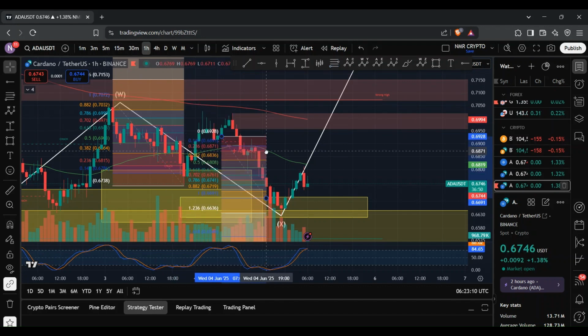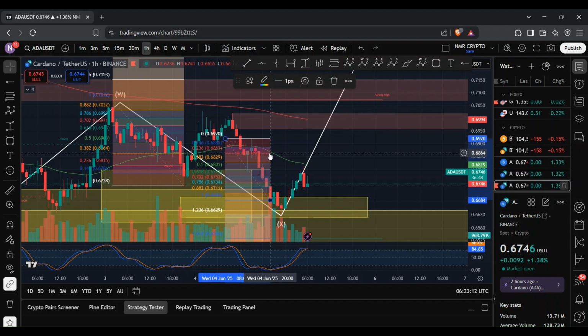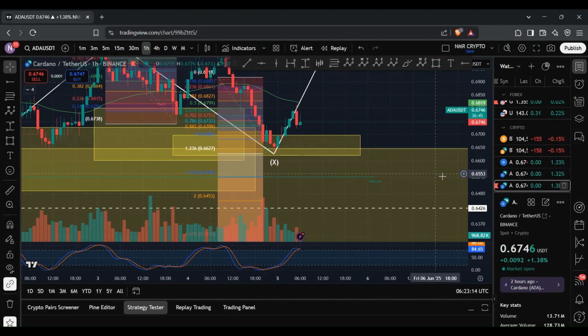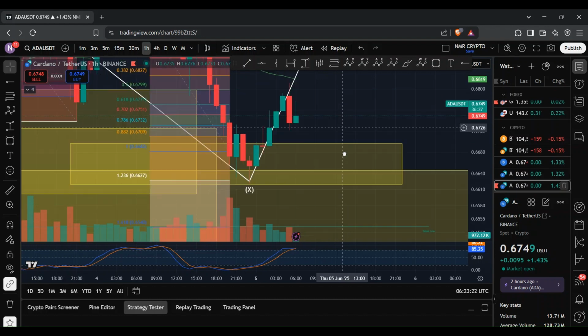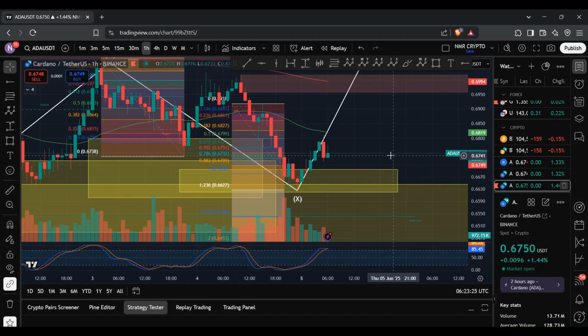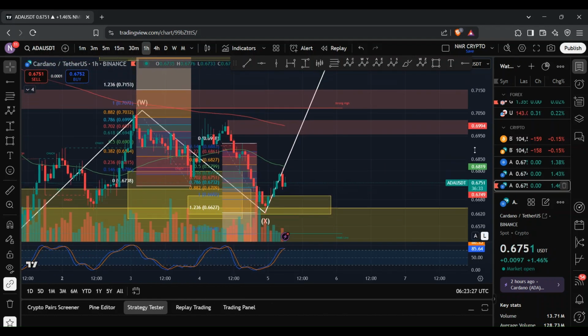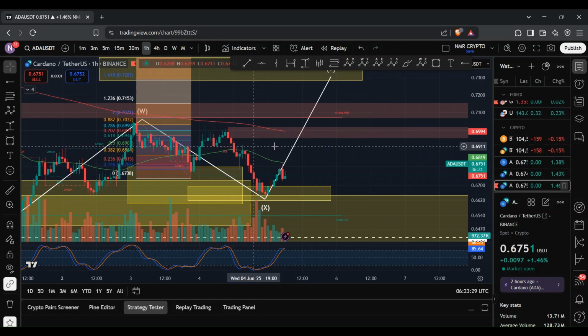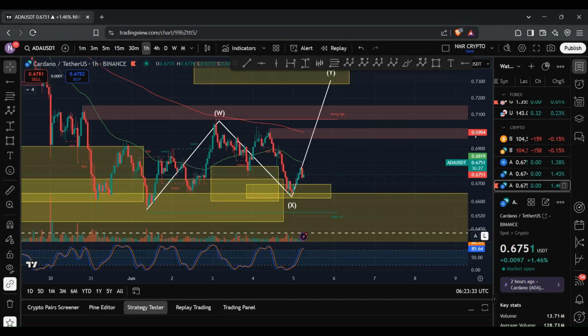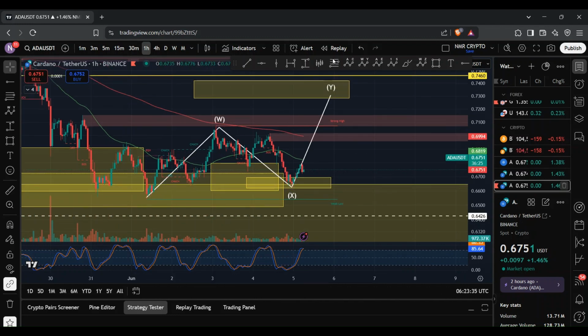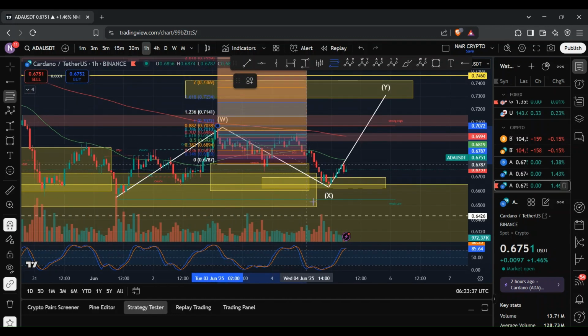So if I use the fib tool and bring that over here, you can see that we more or less tapped into this region. We just about extended beyond the 1.236 retracement level. And so what that tells me is that this structure is now complete. And yeah, we can see that bounce to the upside. And should that be the case, then the next target really will be the 1 to 1.236 retracement of this W wave here. And so if I draw in the fib tool,